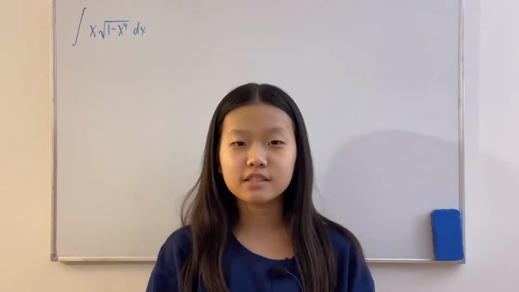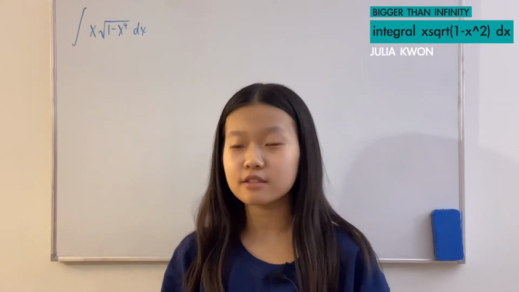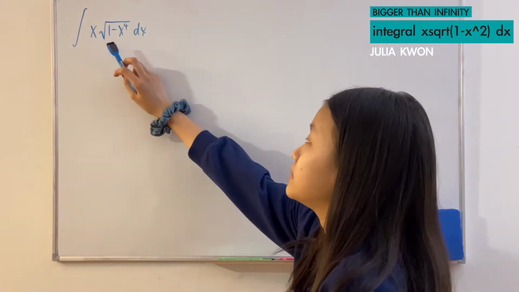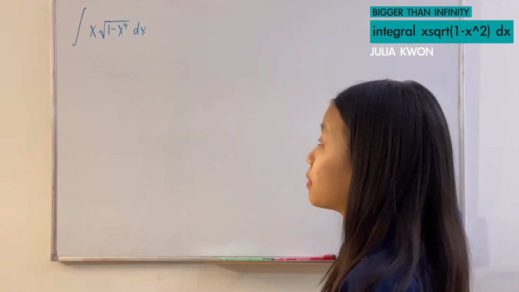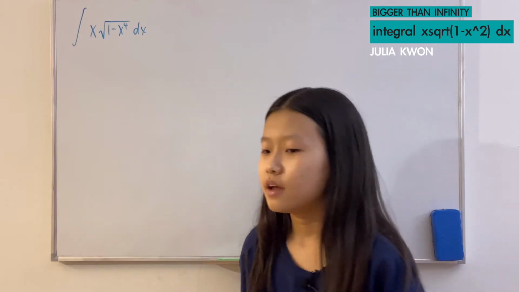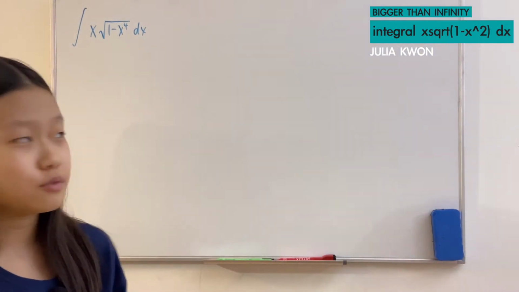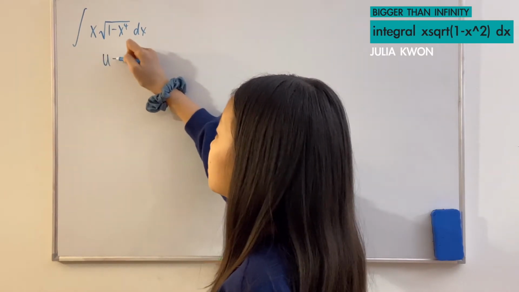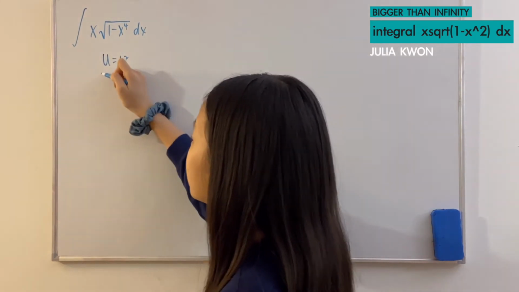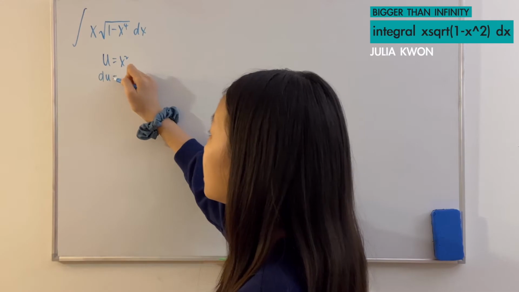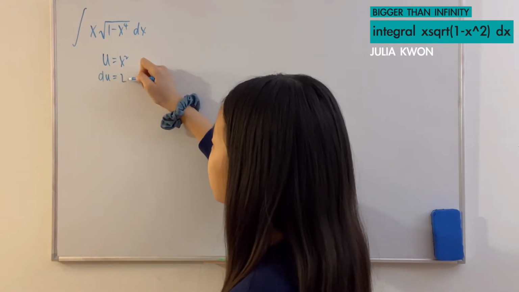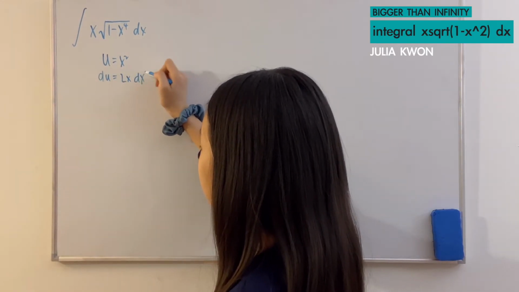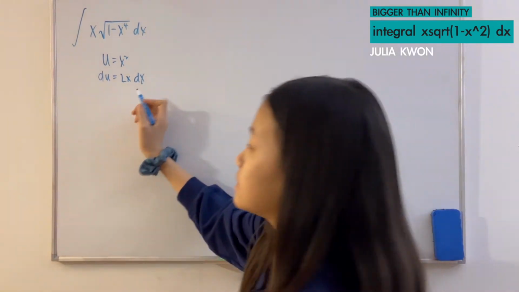Hello everyone, in this video I'm going to be solving for the integral of x times the square root of 1 minus x to the power 4 dx. First, we're going to use u-substitution. If we set u equal to x to the power of 2, then that would give du as 2 times x dx. Divide 2 on both sides and we'll get